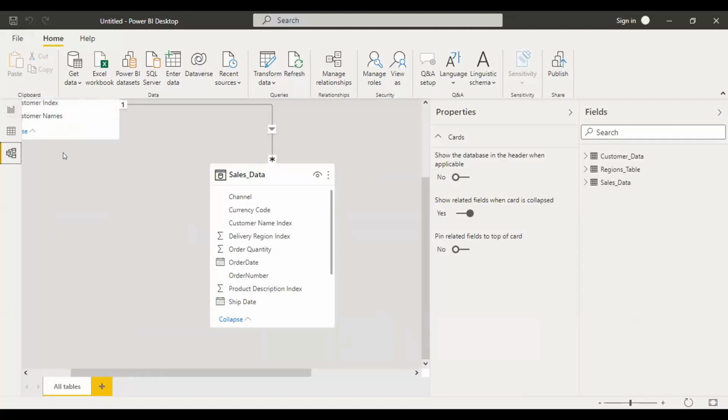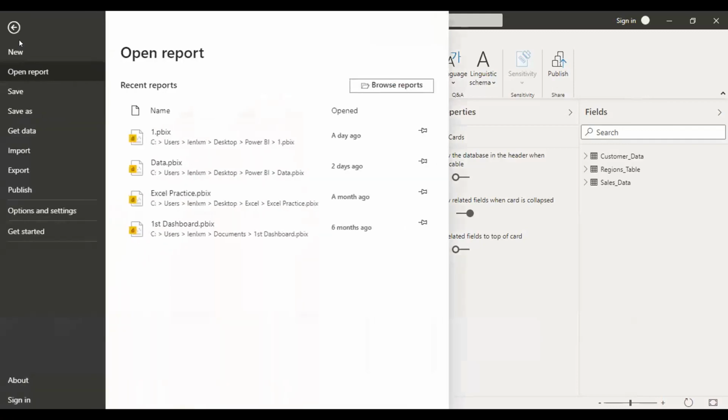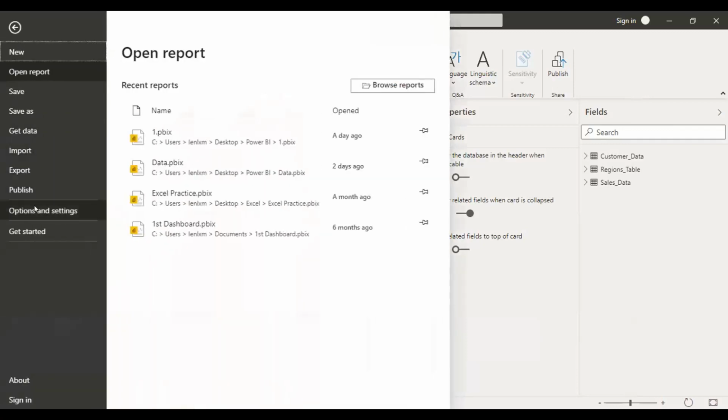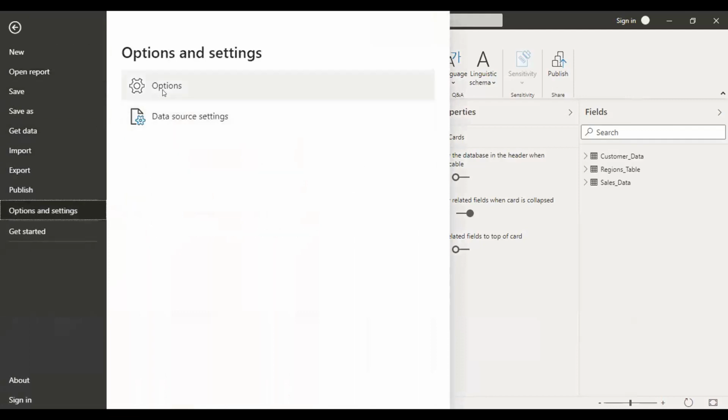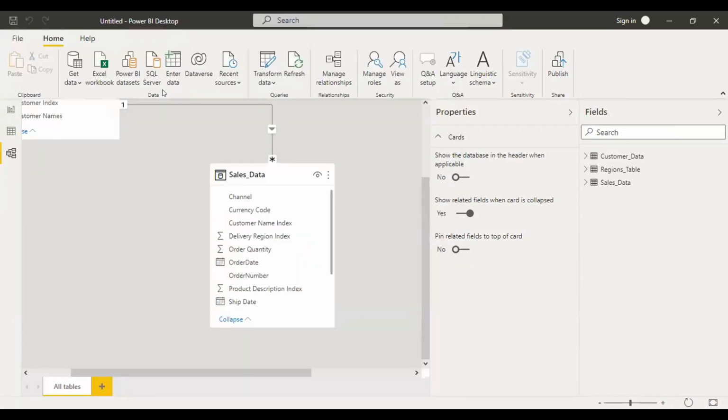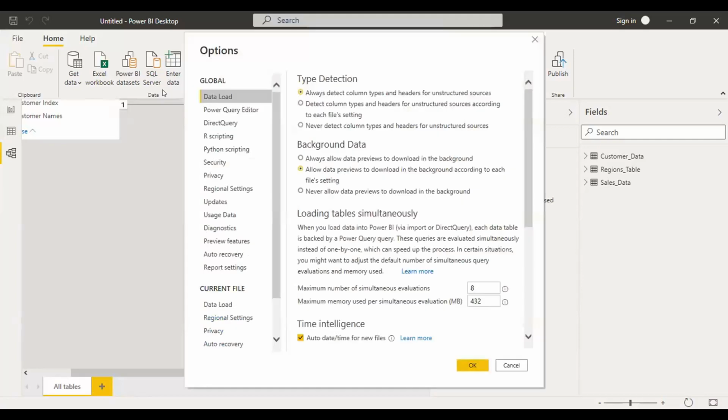If you want to deselect the default settings and you don't want the relationships between the tables, then go to File and click Options and Settings. Then go on to Options. Here we have Global and Current File. All the settings under Global are default settings by the system, so unless you want to go with custom settings, we need not even touch them.